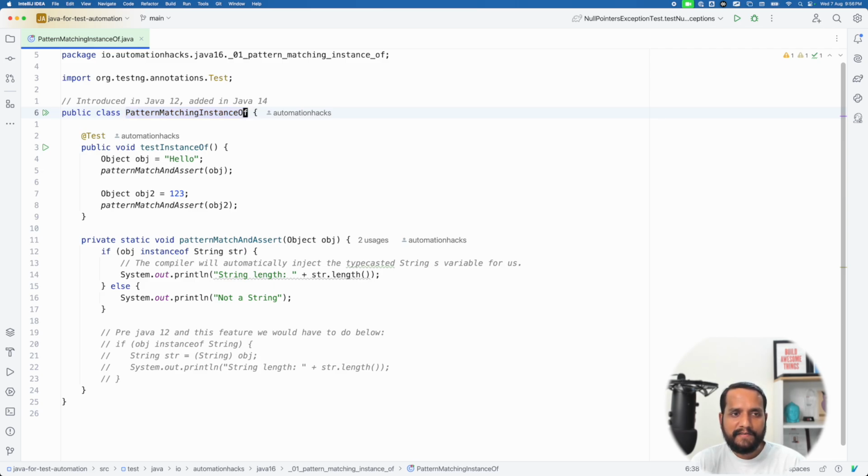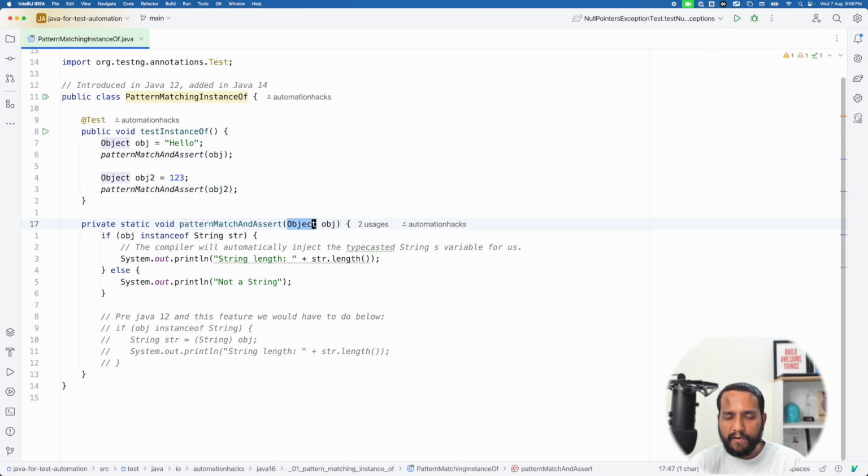Let's start with a simple test. I want to check that if I create, say, a string and assign it to an object, then I want to pattern match this as a certain type and then perform an assertion. And we'll take a look at what that is. We also try to do it with an integer that is assigned to an object and again do the same thing. So coming to this, if I pass a generic object, which is the parent class for all objects in Java,